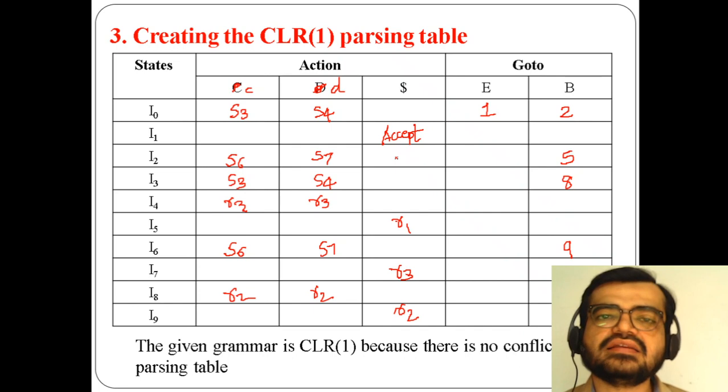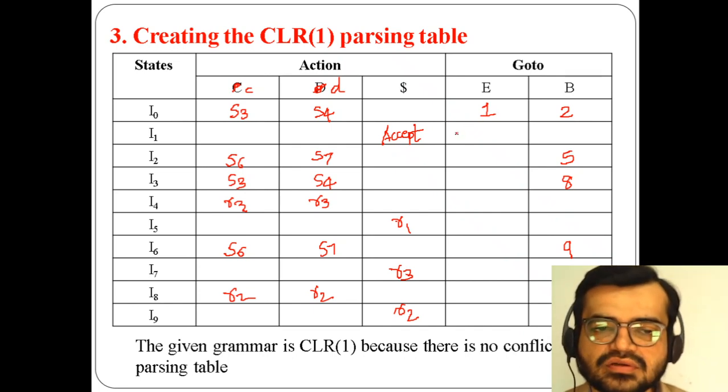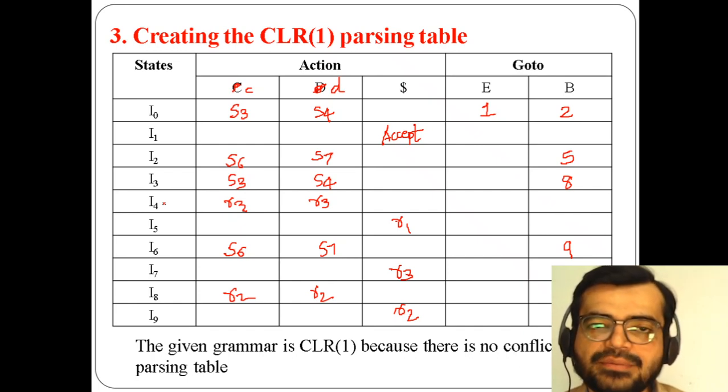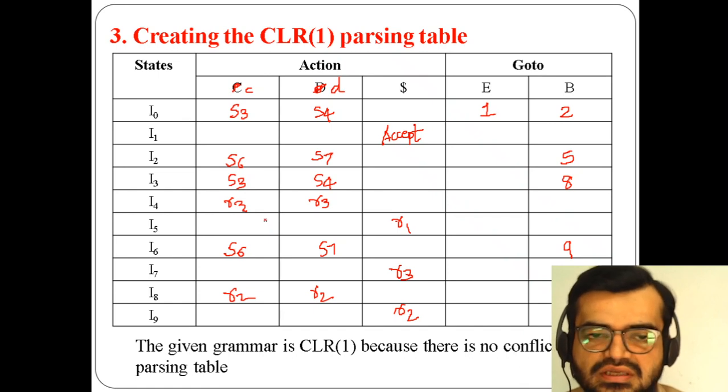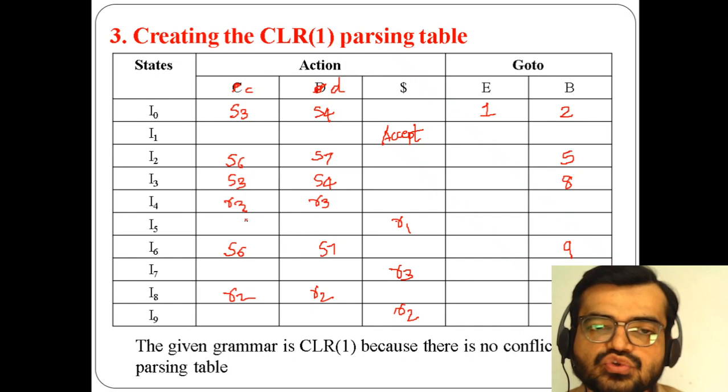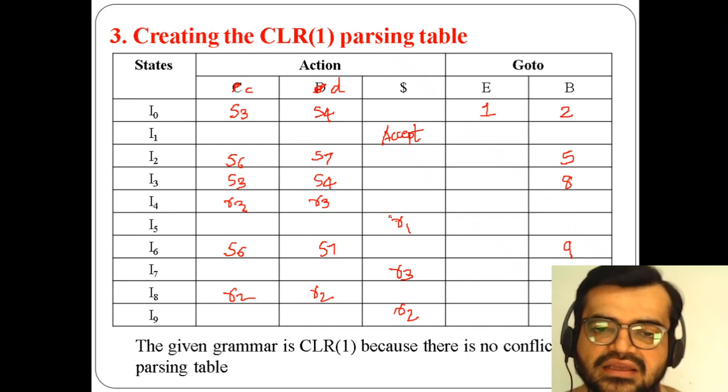Now this is my CLR1 parsing table. What you have observed here is that in the CLR1 parsing table, if you compare with all other parsing tables, you may find more number of states. But at the same time the flexibility is that reduce operations will decrease. How will they decrease? The reduce operations are used only for the look ahead symbol. For example, in I4 it is using CRD, it won't use dollar. Similarly in I5 it is using dollar, whereas it is not using CRD.